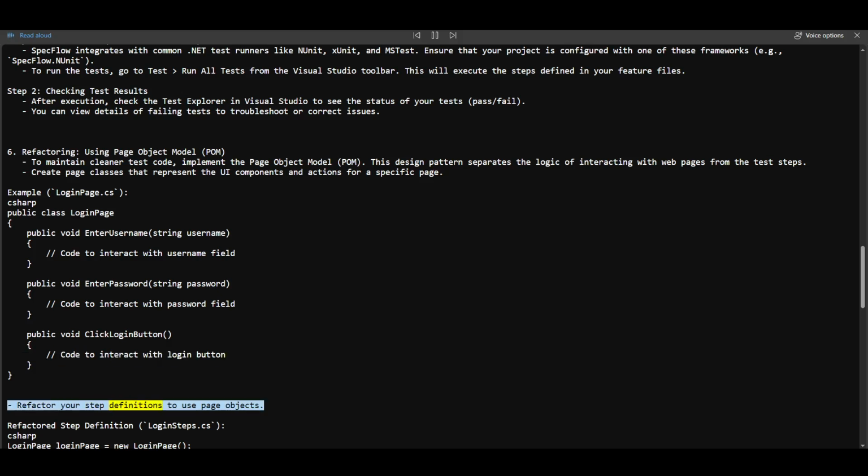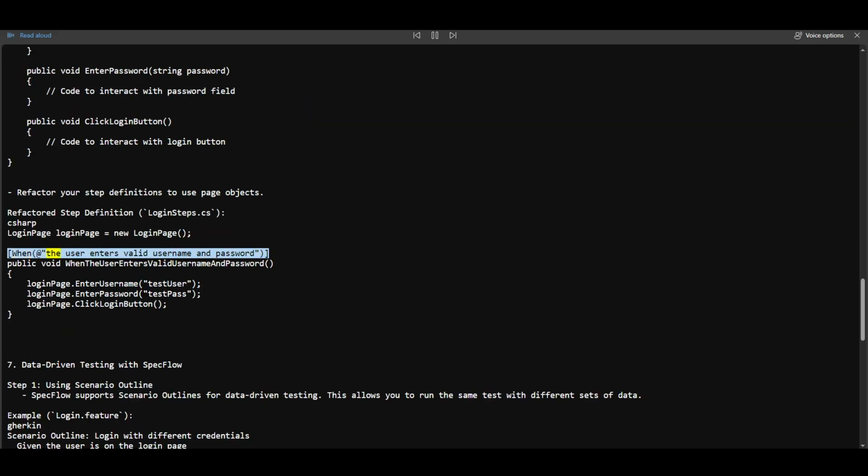Refactor your step definitions to use page objects. Refactored step definition: LoginSteps.cs. loginPage = new LoginPage(); [When("the user enters valid username and password")] public void WhenTheUserEntersValidUsernameAndPassword() loginPage.EnterUsername("testuser"); loginPage.EnterPassword("testpass"); loginPage.ClickLoginButton();